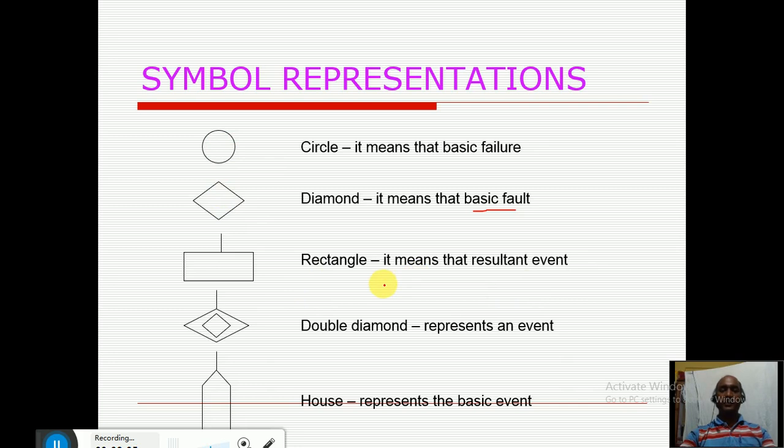Okay, or you can say the top event, the resultant. And finally we have to reach up to the root causes, but from top. So this is a top event. So double diamond means what? Represent an event, simply event, what has been happened. Okay, of which we don't know the exact cause. Okay, that we actually note down in the double diamond. And this house represents the basic event where the causes are not known. Okay, so what is the difference between the house and the circle? Both are the basic, but these are the events where we don't know exactly the values and the causes.